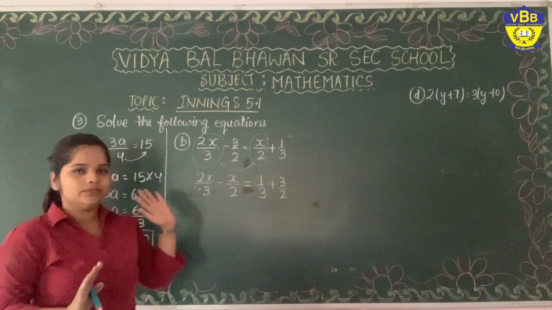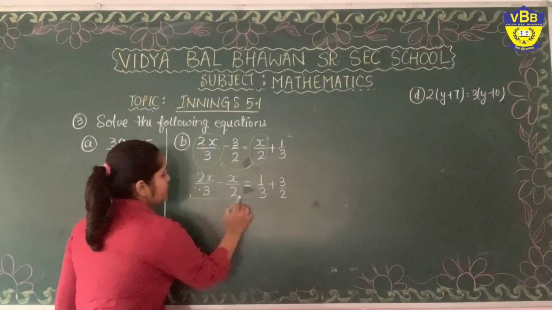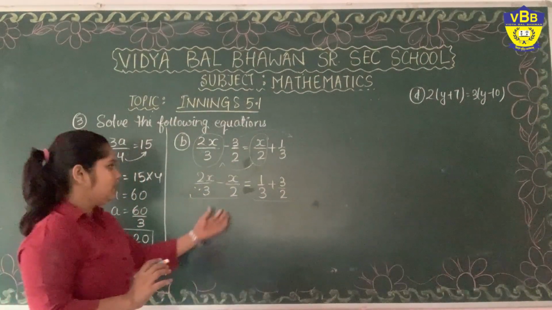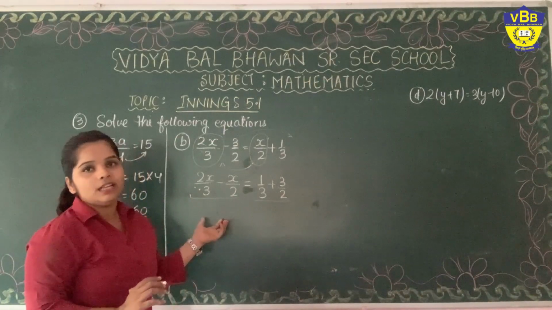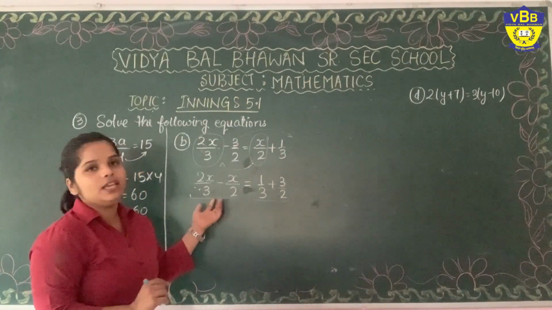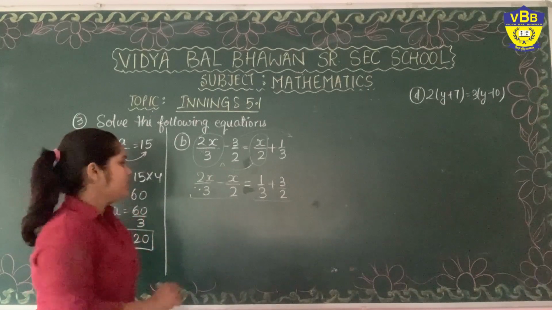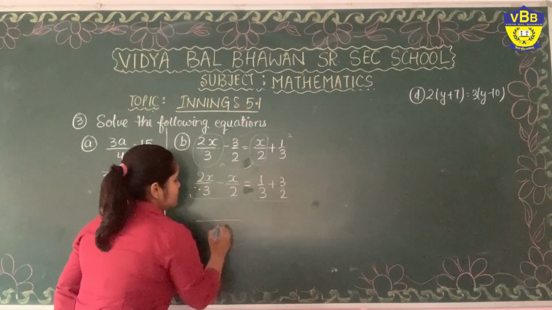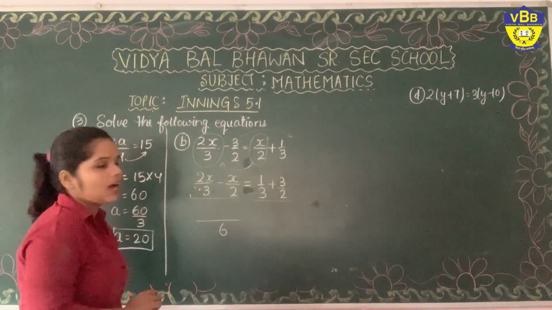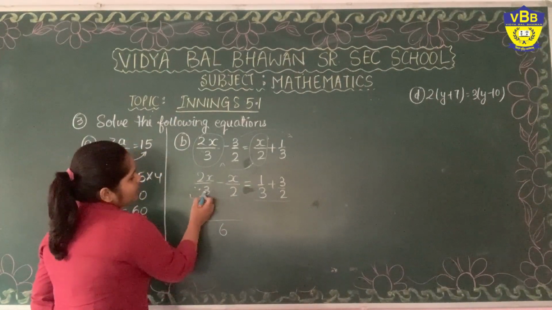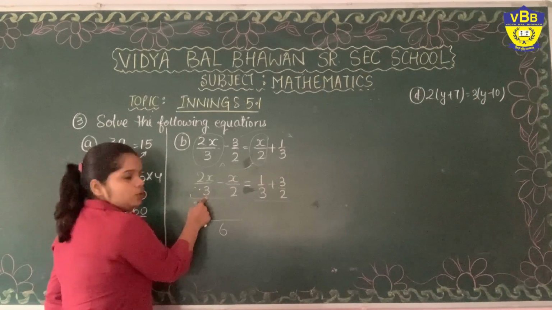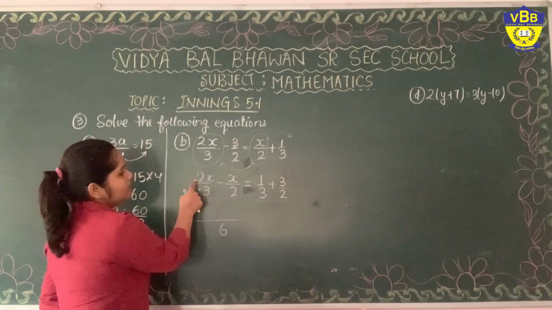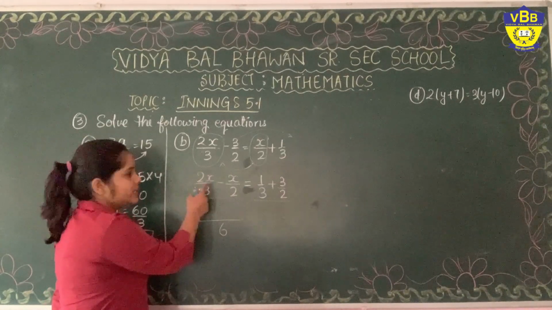it is easy. What we need to do, we need to solve this one and this one separately. These are fractions. If these are fractions, that means you need to take the LCM of the denominators. 3 and 2. LCM of 3 and 2 is 6. Okay. After that, if I want to make this 3 as 6, I need to multiply it by 2. So I am multiplying this numerator with 2 as well.